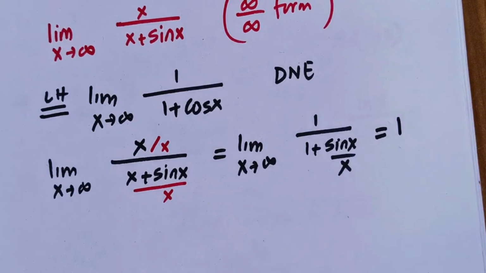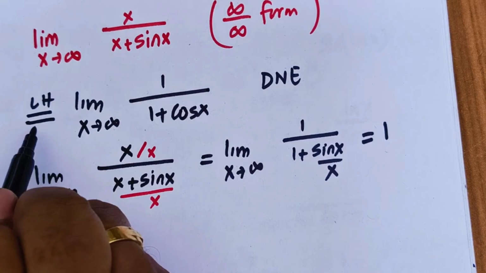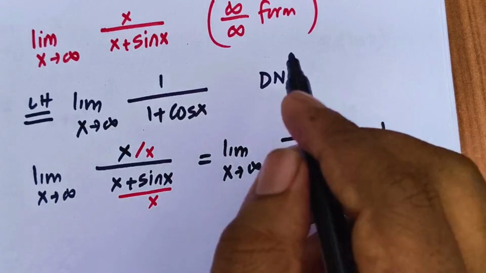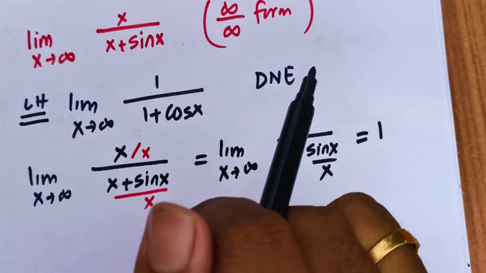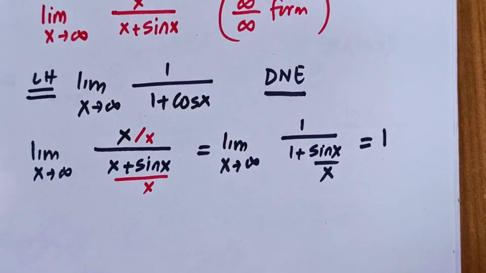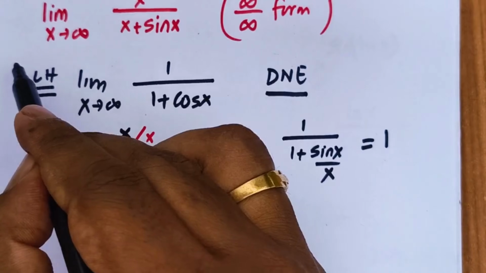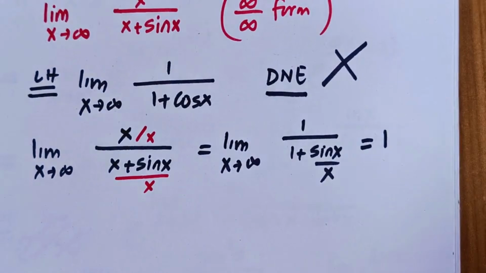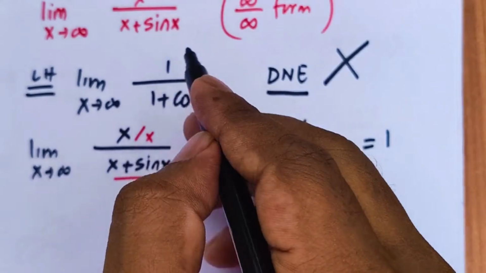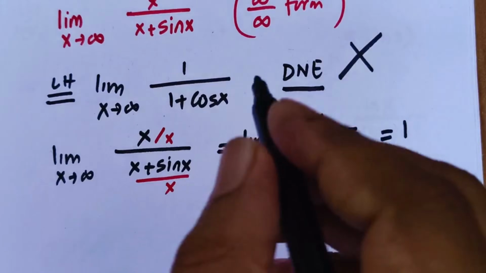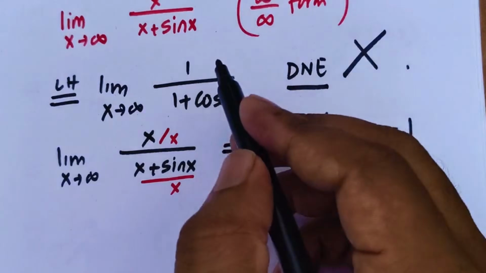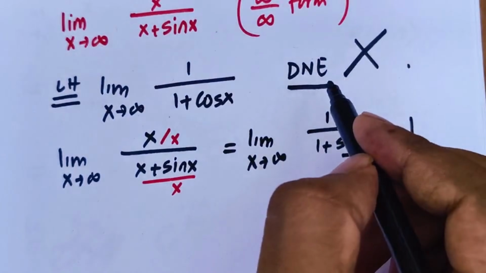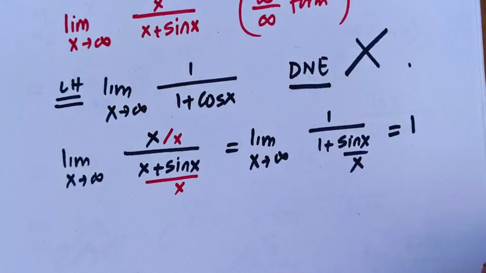So what is the mistake? The mistake is we can't apply L'Hopital's rule here, because the condition is that the limit must exist, or it can become infinity or minus infinity. But here the limit oscillates and does not exist. Therefore there is a flaw in this step. So you can't apply L'Hopital's rule blindly. You should be careful when your limit oscillates. This is one example where L'Hopital's rule failed. You have many examples of this type where the limit of the ratio of derivatives does not exist because it oscillates. In those cases you can't apply L'Hopital's rule. Clear? Next,